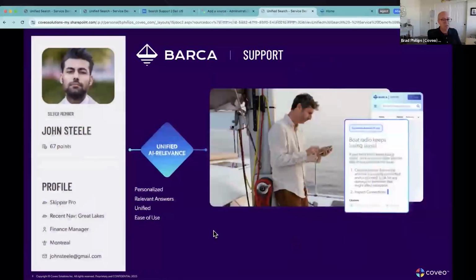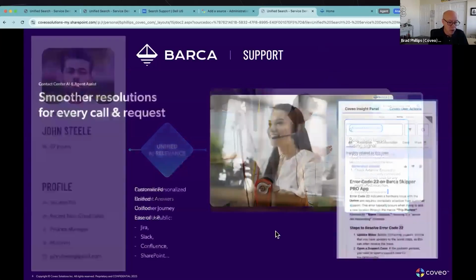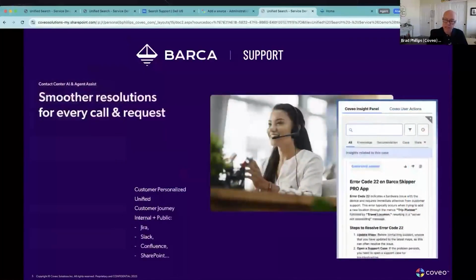So when Coveo was introduced, though, what we see now is that we're basically securely unifying all of those different silos. And we're taking into account personalization so that this is very relevant to each individual that comes. So John, for example, has this whole profile. We're now using all those known attributes. We're using his behavior, all of that information to personalize. We're giving him one pane of glass or a specific pane of glass to find content from across multiple silos here. So I'm actually going to go into that journey a little deeper with John in just a second.